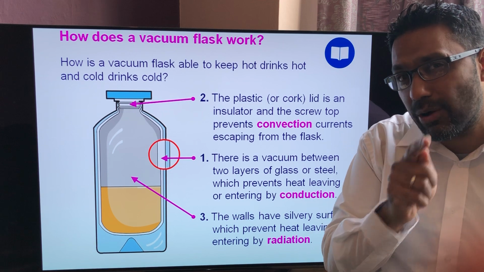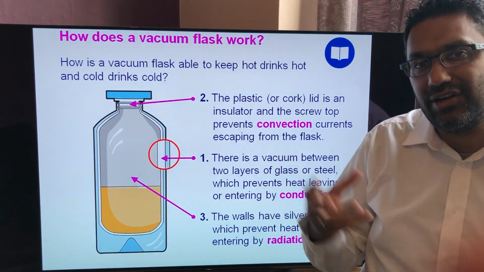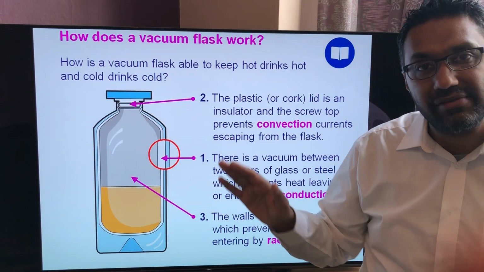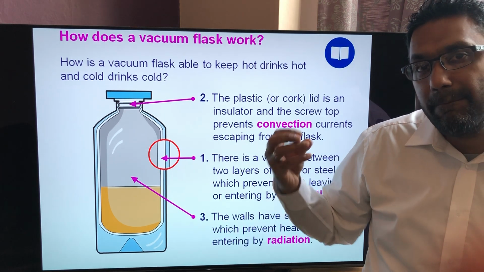But what can go out that way is infrared radiation. Now remember, infrared radiation in one of our lessons, it's just an electromagnetic wave. So it can just go through things, all right, the heat signature. But